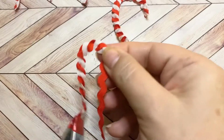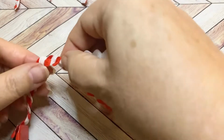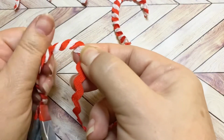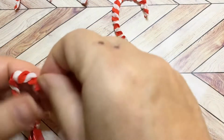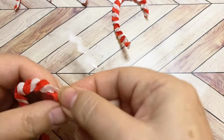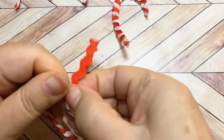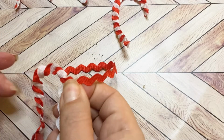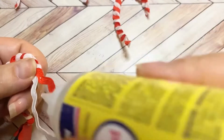and you just continue this on, just like this. So when you've got your base about as long as you want it, then you're just going to start turning it in your hands and just pressing it flat as you go. So you're going to just continue that very same process of tucking this ribbon over and under, just like that. And you're just turning it as you go to make the crook of the cane. Okay, so when you've got your crook about the length that you want it,